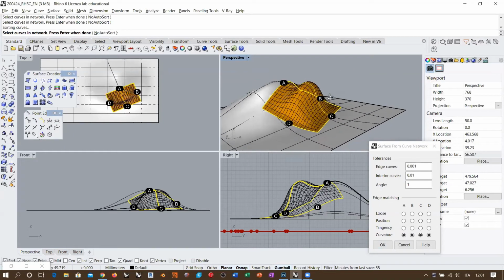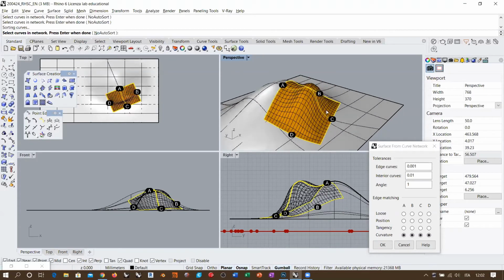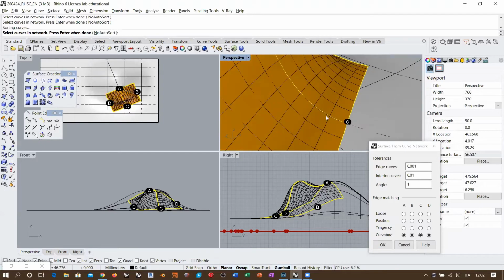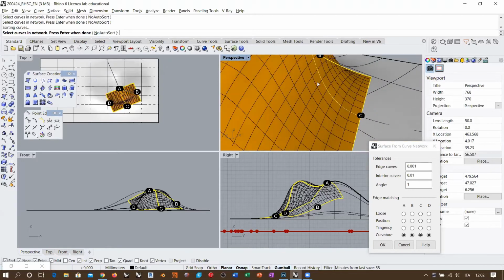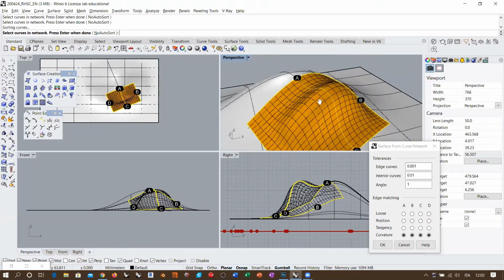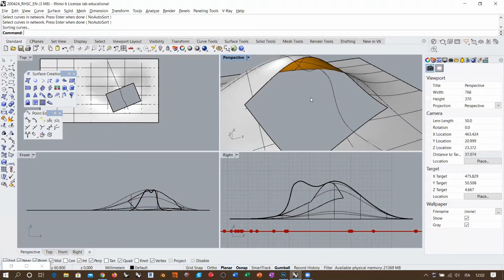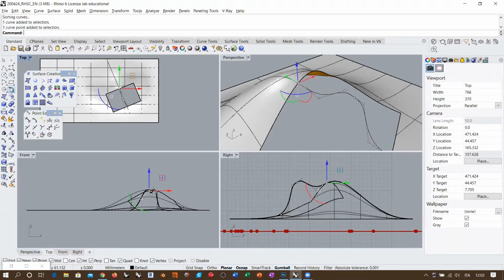And moreover, we are telling the software that we want to pass through this interior edge. Now, this interior edge has the right amount of control points, but we didn't take into account the position of the third control point. So there is some deviation between the surface and the actual cross section. If we want to be more precise in this case, what we must do is take this curve here and